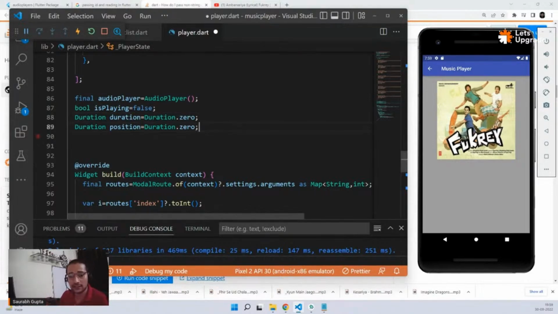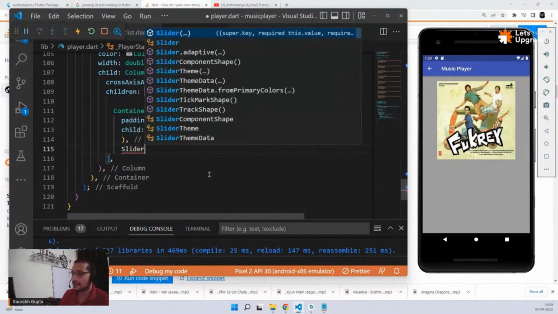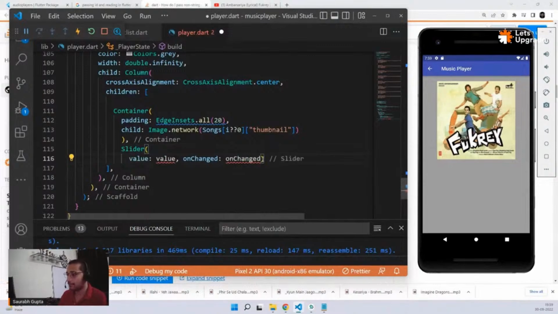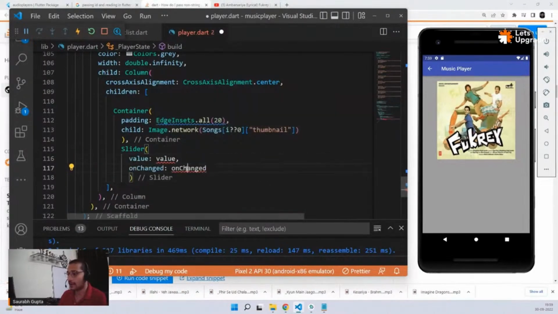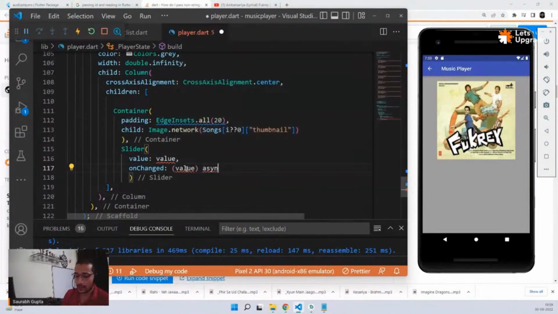Now focus, because everything is going to be a little tricky for some time. So please focus. The first thing that we need to create after my container is a slider, the seek bar, whatever you'd like to call it. So let's go. We need a slider element. And I need this function to be async, so I'll pass async because it's going to be an asynchronous function, because inside this I'm going to be performing an asynchronous task, and value will be initially my